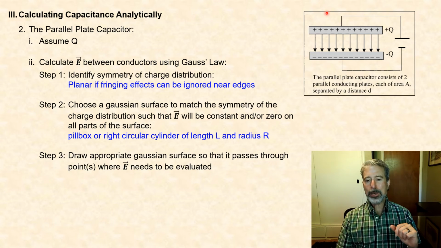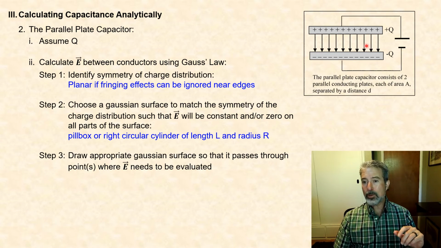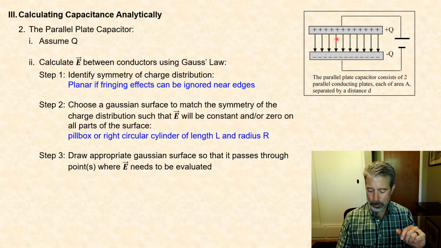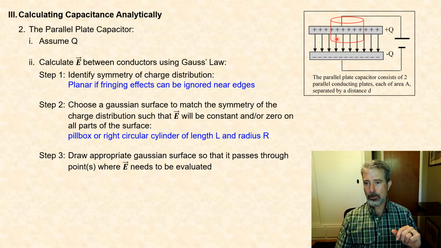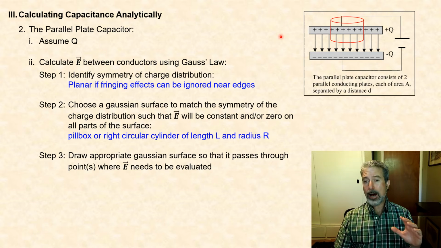We draw the appropriate Gaussian surface so that it passes through the point where we need to evaluate the electric field, which is going to be in the region between the plates here. So let's draw our Gaussian surface here. And I just want to point out that